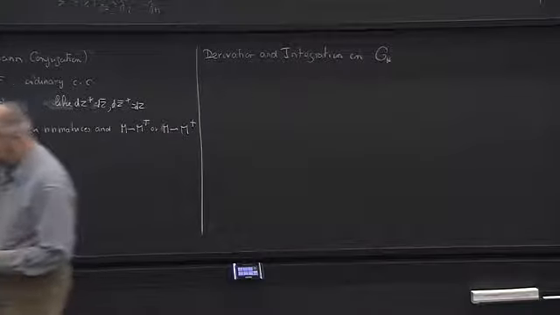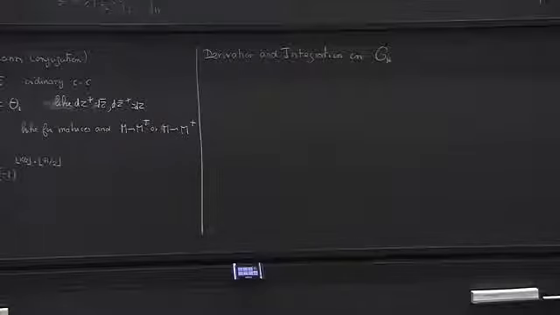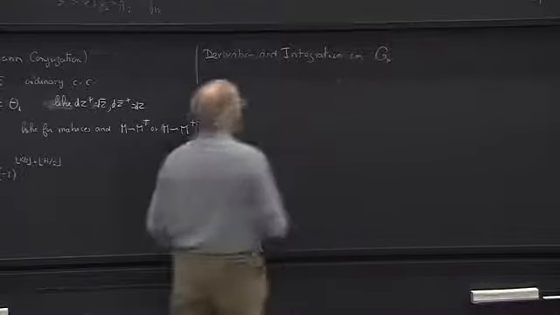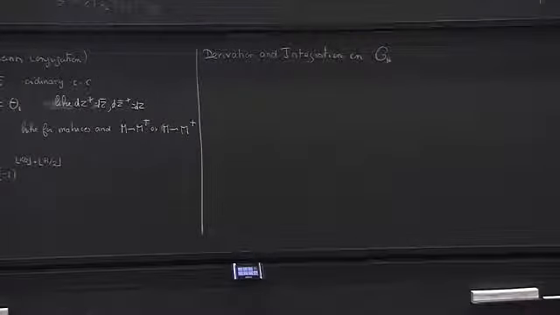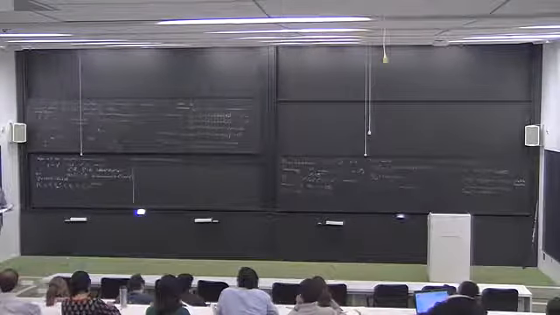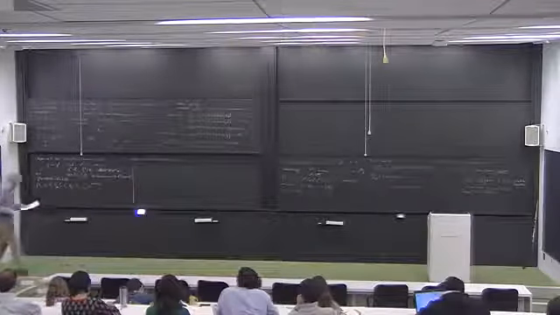Okay, so let me just give them. If you have an element of the algebra, you can view it in some very loose sense as a function of the thetas and the theta bars, because you can view that as a Taylor expansion of G in thetas and theta bar. But of course, it's not a function of the thetas and the theta bars. The thetas and the theta bars are just generators. And if you view that, you can say, okay, can I derive with respect to one of the thetas or integrate with respect to one of the thetas to obtain a different function.